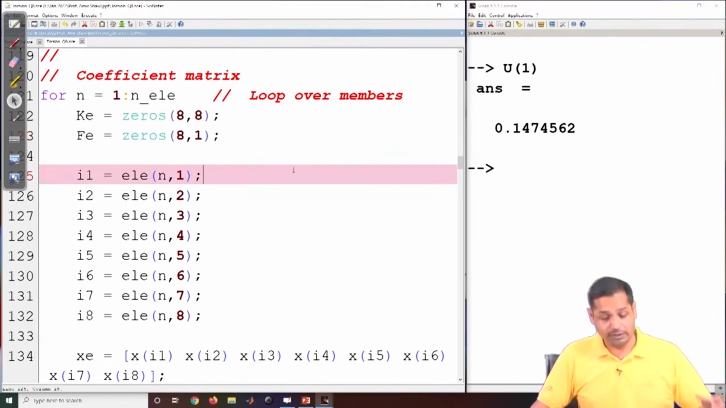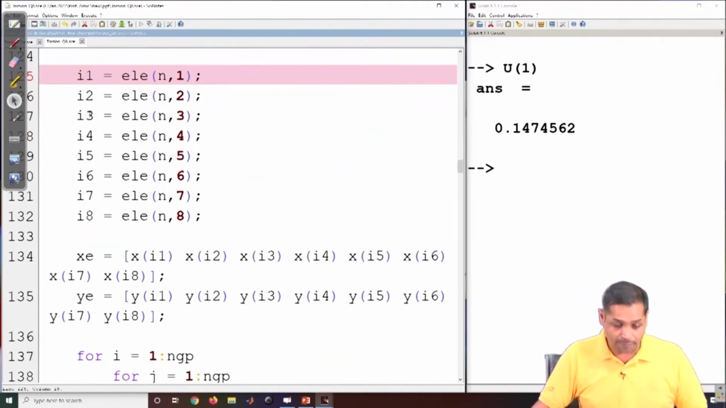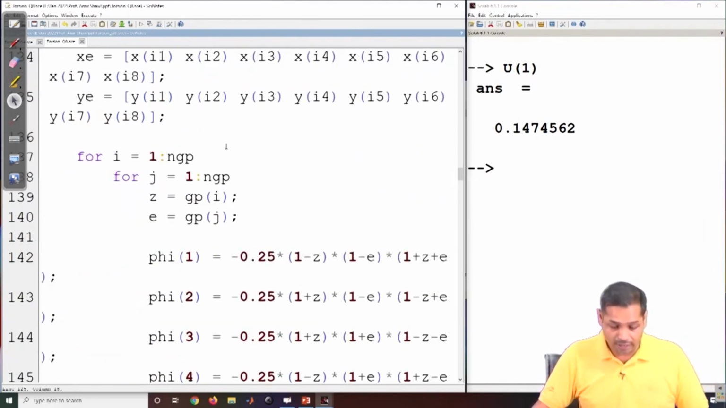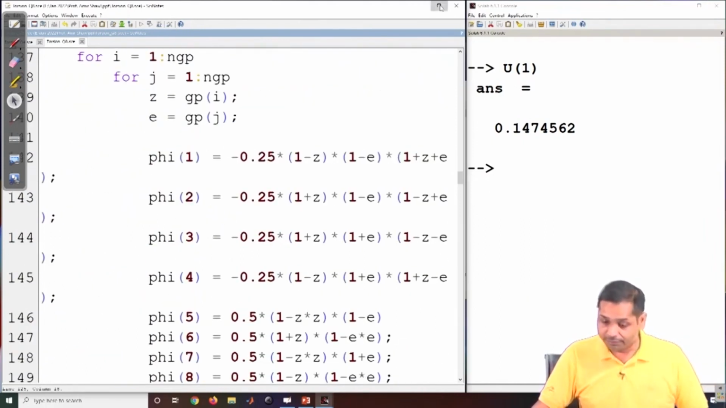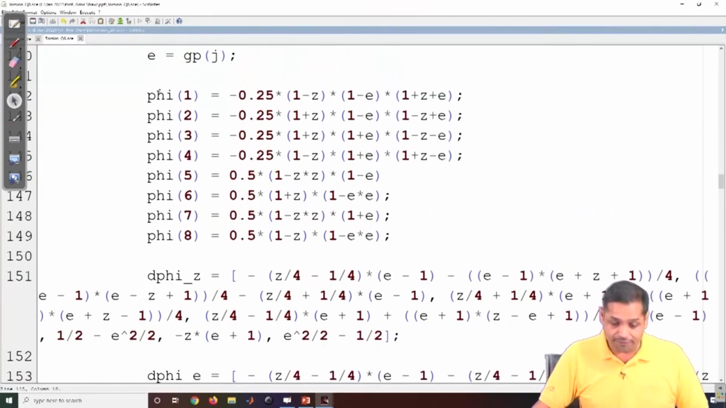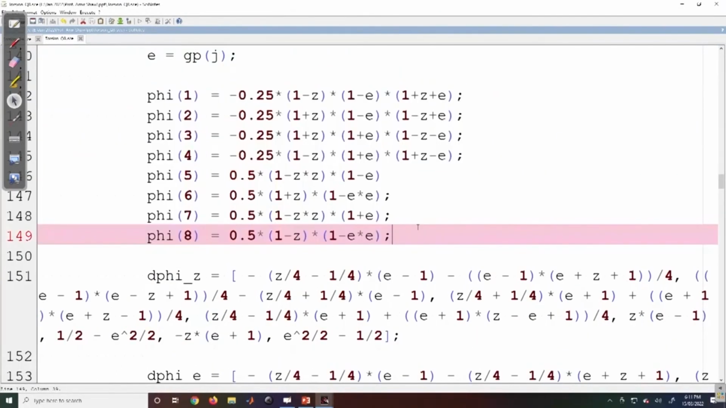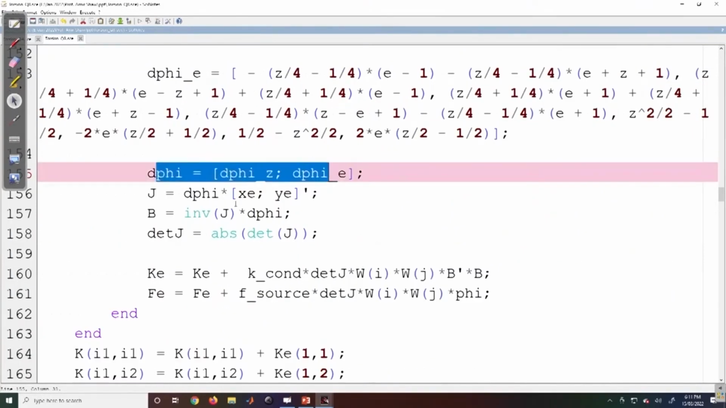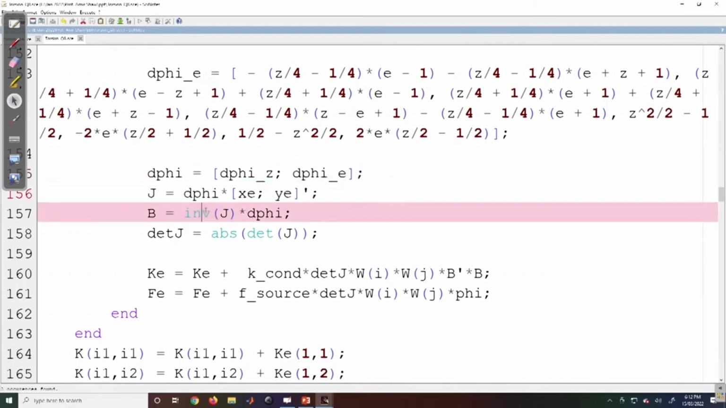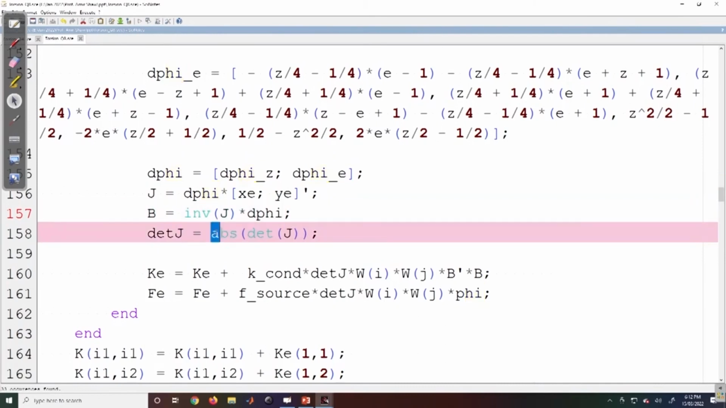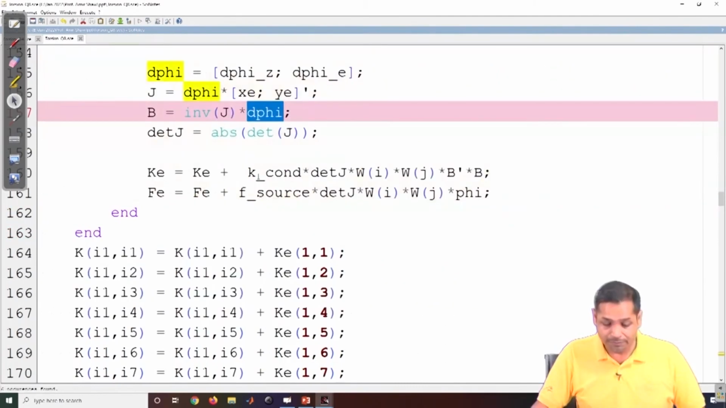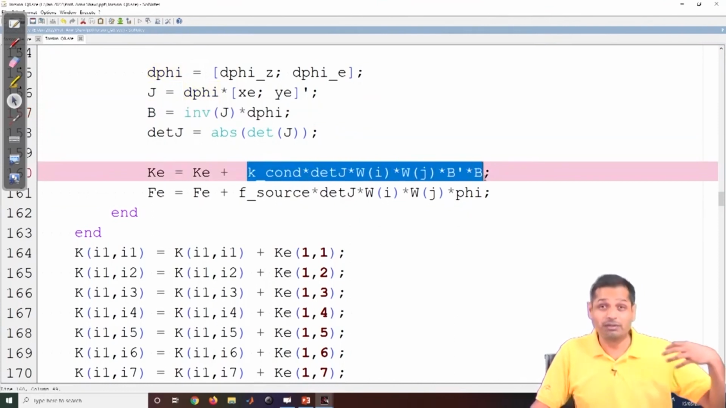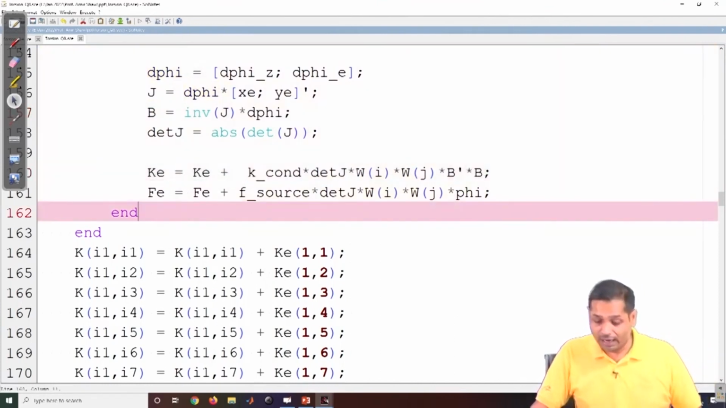8 by 8 coefficient matrix. These are the mapping between global numbering and the local numbering, and finally these are the shape functions, 8 shape functions. They are derivatives with respect to xi direction, derivative with respect to eta, and this is how your Jacobian is defined. And B will be inverse of Jacobian into del phi term. So this gives you the inverse of Jacobian, and K will be computed using the Gauss point integration technique,